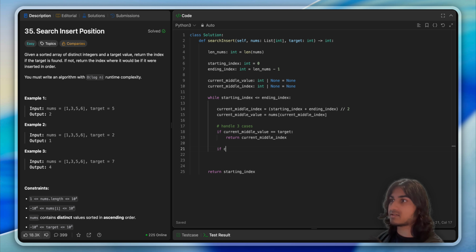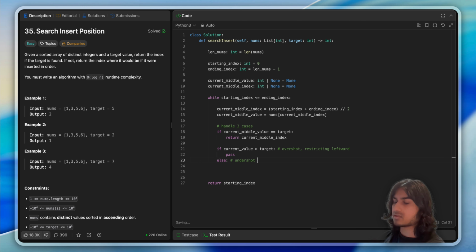And then the other case is simply where the current middle value is greater than target, and that means that we have overshot, and we are restricting leftward, and otherwise it means that we have undershot. So if the current value is less than the target, it means that we need to go rightward, so we need to restrict rightward, and that basically means that the starting range